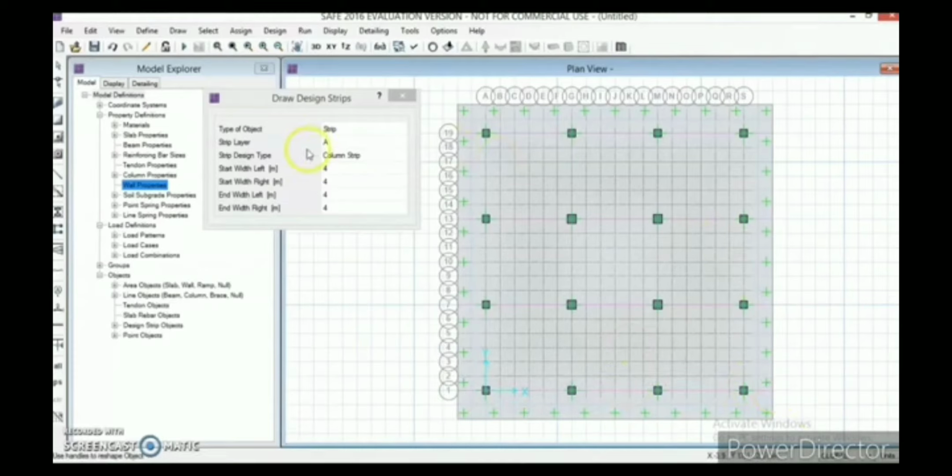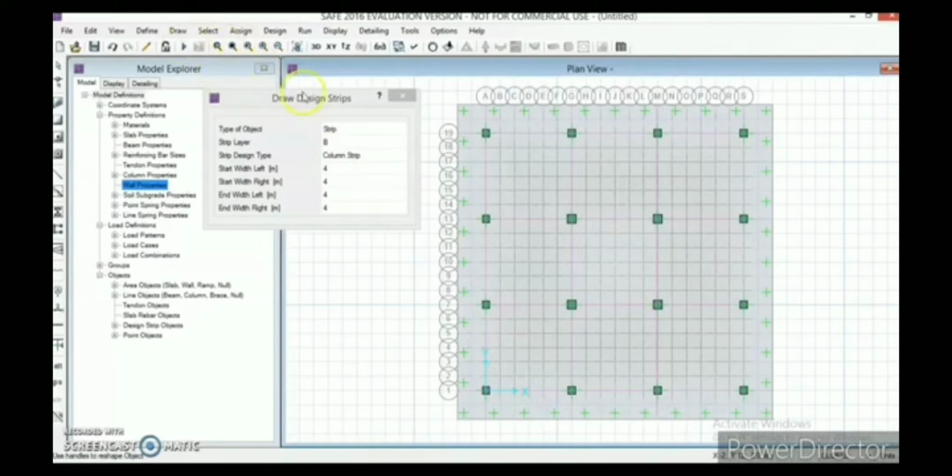Similarly, draw the design strip B vertically, starting from the top. Yeah, this design strip is not perfect.